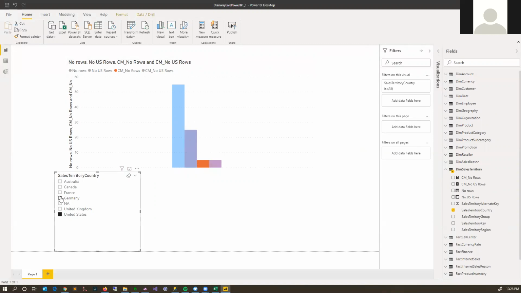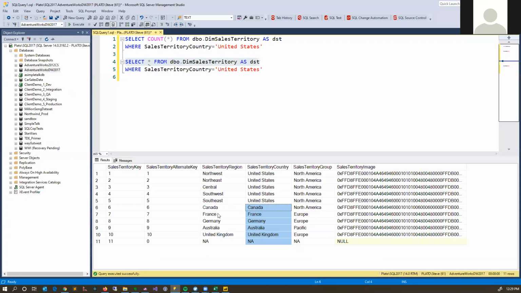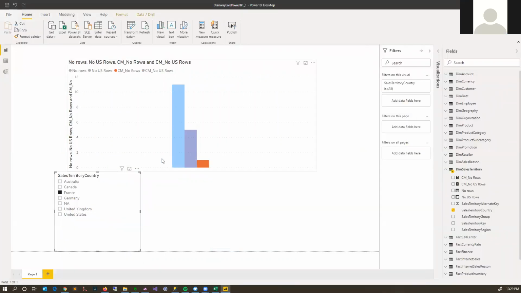If I were to pick something else, let's say France, you'll notice that the number of rows is 1, which makes perfect sense to me. In terms of my data, there is in fact one row that says France. And the number of US rows is 0. That has dropped out of the display because the filter that's being applied by this slicer has removed the rows